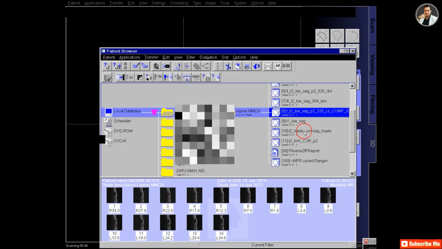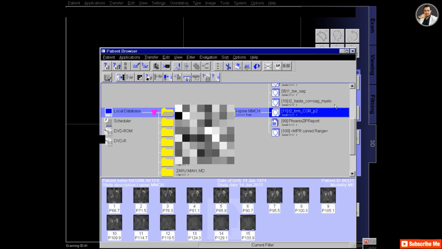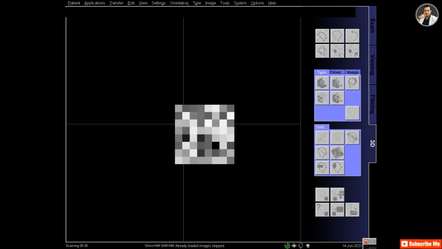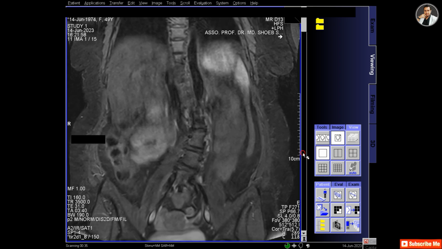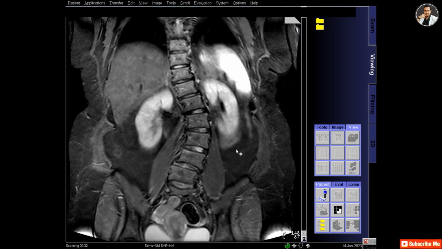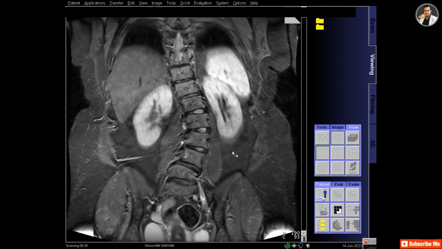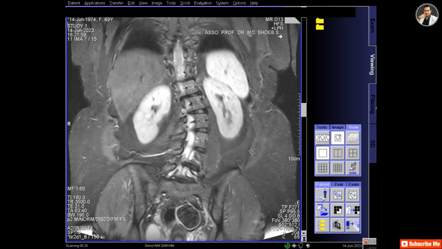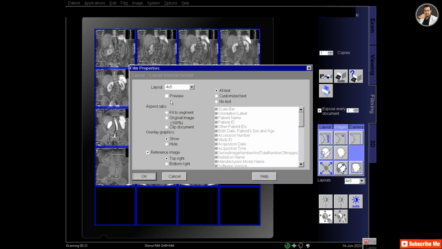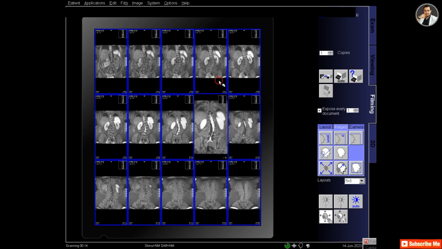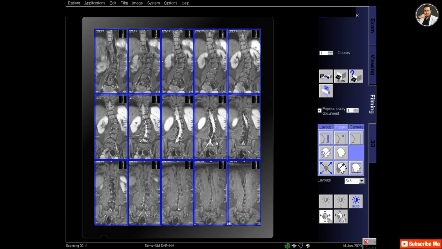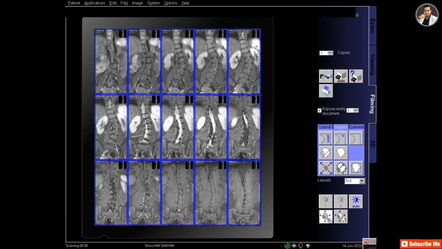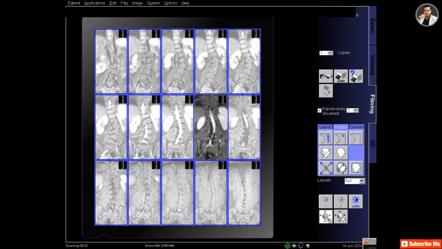For this, go to the patient browser, and below you can see the T2 tirm coronal. Now I opened it. If the patient has a curved spine or scoliosis, then I take this T2 tirm coronal and provide a film of this, because it shows how the spine is curved and at which angle it's curved. In case of scoliosis, a coronal image must be provided. It's a very important film for the doctors and the radiologist.